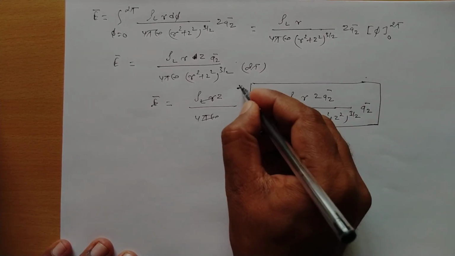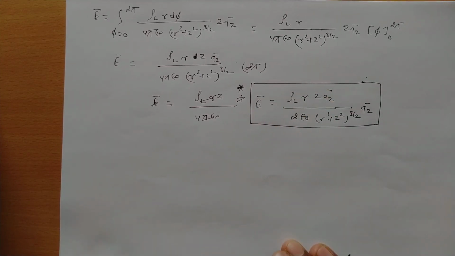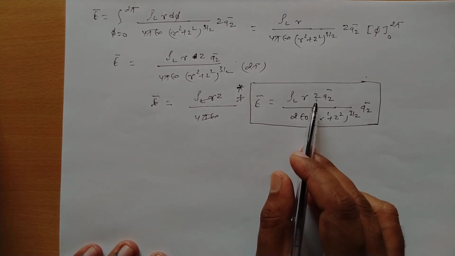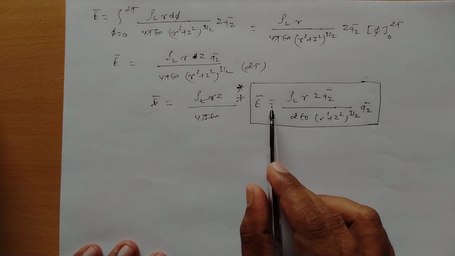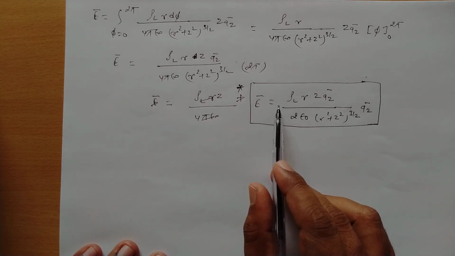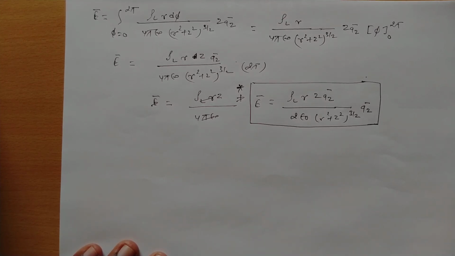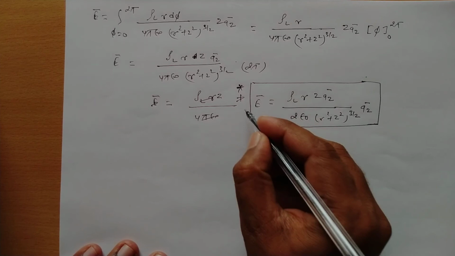So this is our final expression, what we required, for the electric field intensity due to the charged circular ring. We can also say that Z is the perpendicular distance of point P from the ring along the axis of the ring. Okay, so we can say this is the electric field intensity at the point P whose coordinates are 0, 0, Z due to the circular ring of radius R which is placed on the XY plane.